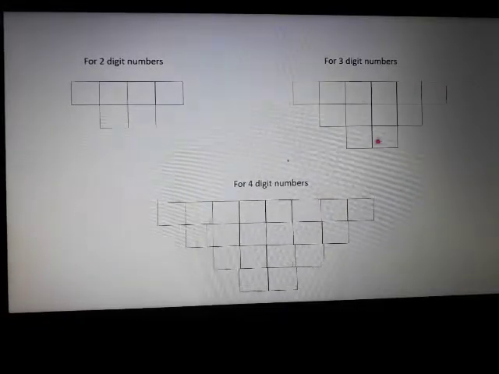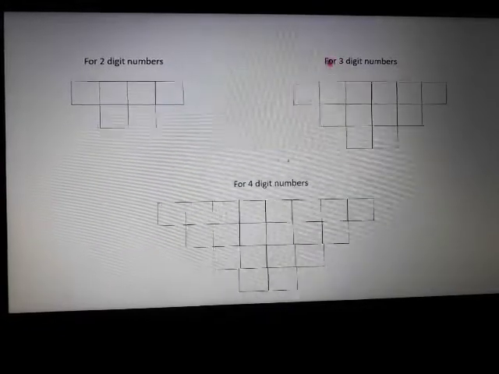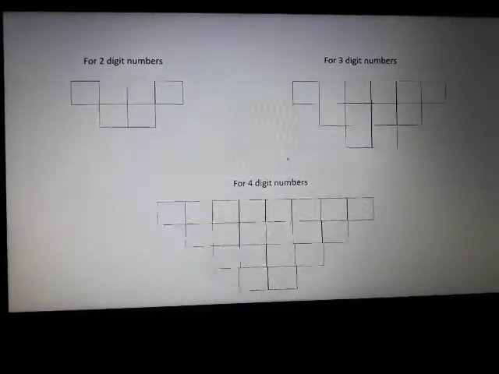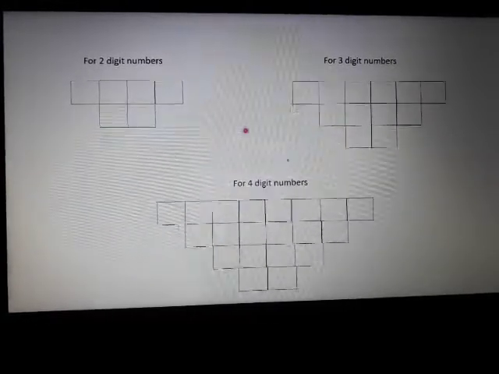In case of a 3-digit number, we have the inverted pyramid in this fashion, because for a 3-digit number, the square will have a maximum of 6 place values. So 1, 2, 3, 4, 5 and 6. For a 4-digit number, the inverted pyramid will look like this, with 8 boxes in the top row, because the square of a 4-digit number will have a maximum of 8 place values.